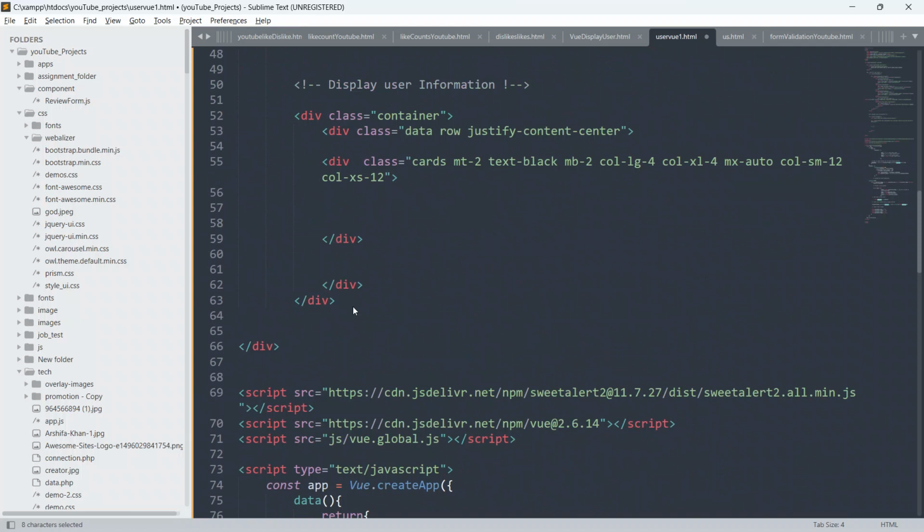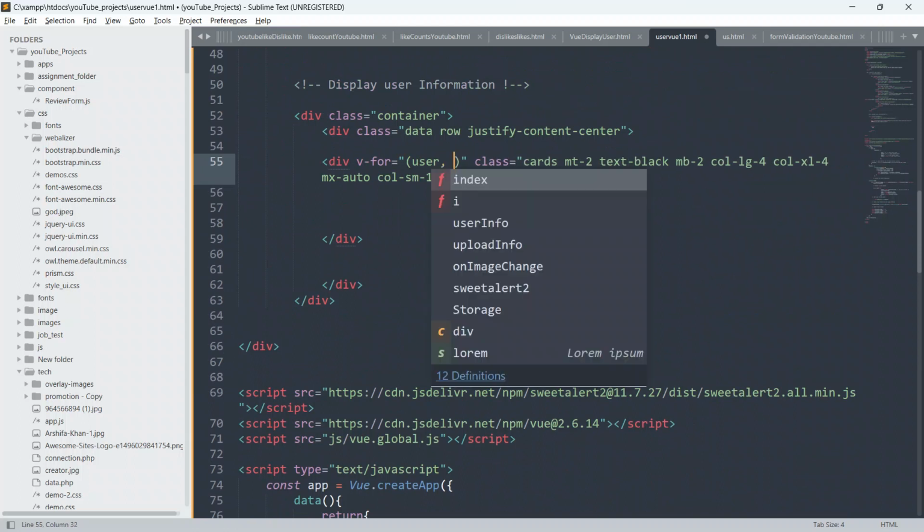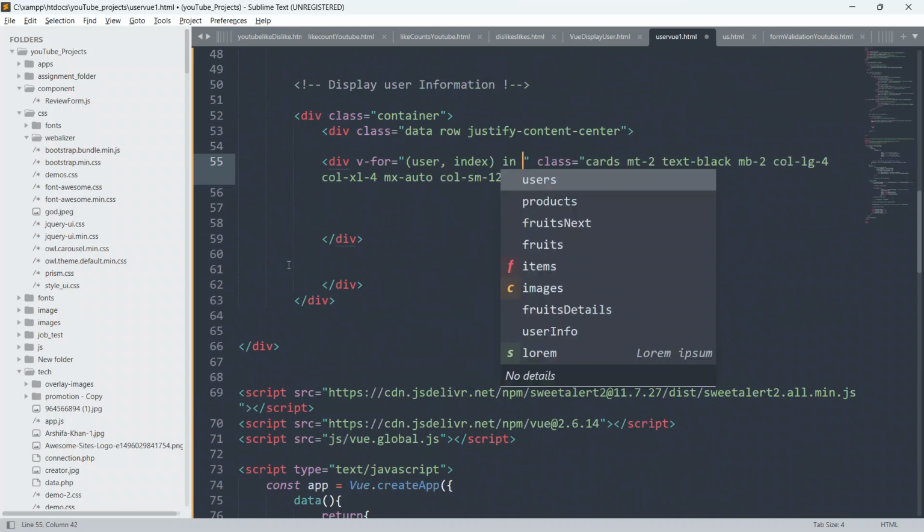So create v-for equal to double inverted commas, and I will say user, and I will give index also, in this user list.